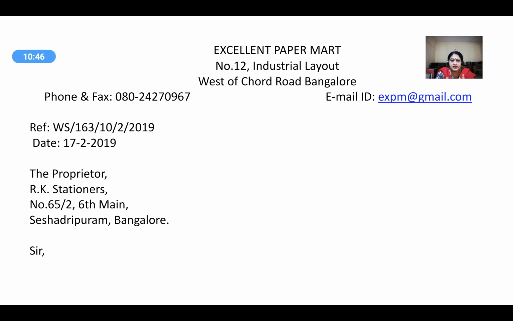The address in the center of the paper: Excellent Paper Mart, number 12, Industrial Layout, west of Cord Road, Bangalore. They are the ones who are replying to the complaint letter. So, as the letter is typed out on their letterhead, their address will be the from address, and that will come in the center. And below that we can see the reference. They are referring to the order number, below that the date, and then the to address, to whom they are writing the letter: the proprietor of RK Stationers, number 65 by 2, 6th Main, Sheshadripuram, Bangalore. Salutation: Sir,